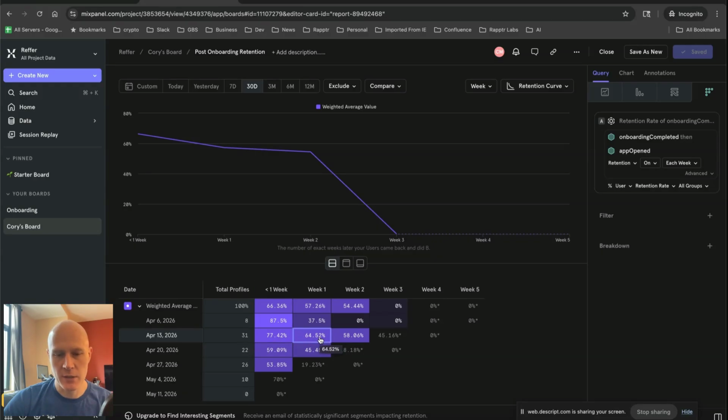So it's about 64%. And week 2, 58, and it looks like it's trending towards 45. So it's pretty good retention, all things considered. Same thing with this April 20th, this April 27th. In this app in particular, there's a bit of an uplift we did for this cohort here. So that's why we're seeing the better numbers, but this is something you can track on a week-by-week